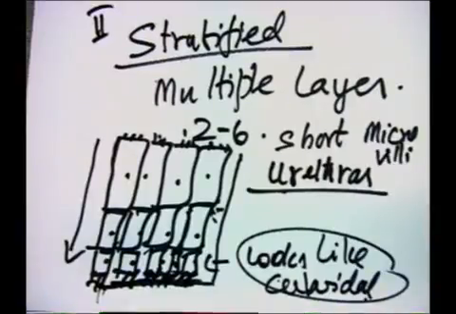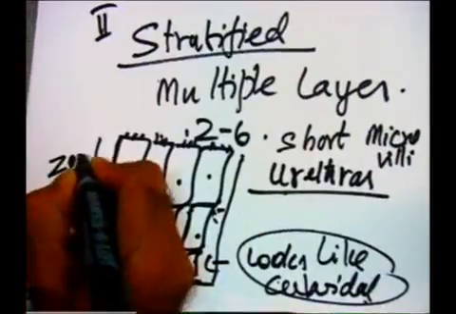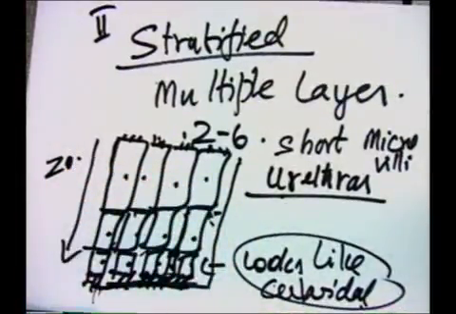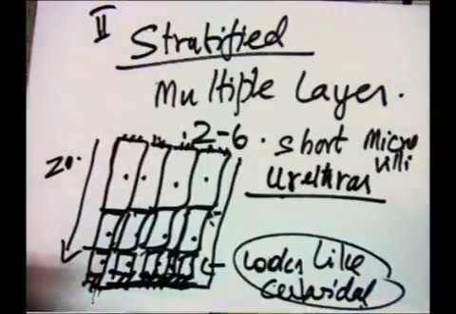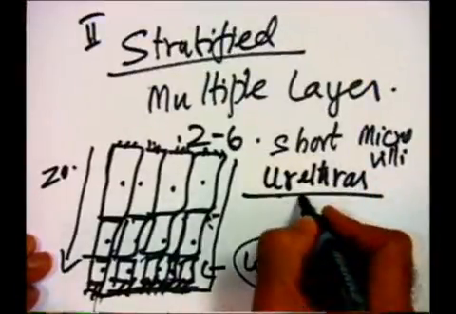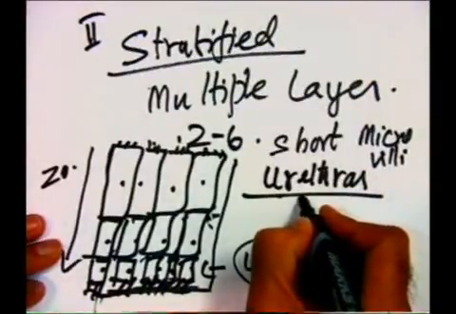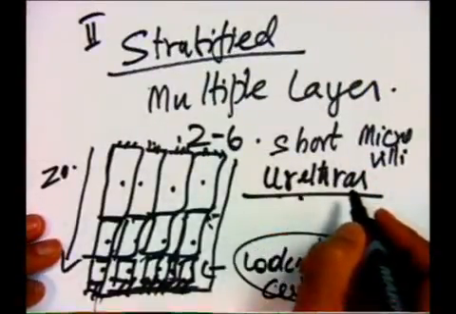The lateral surface has the same junctional complex like zonula occludens, which I mentioned earlier. The location here is the male and female urethra,